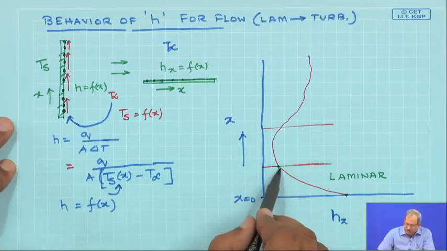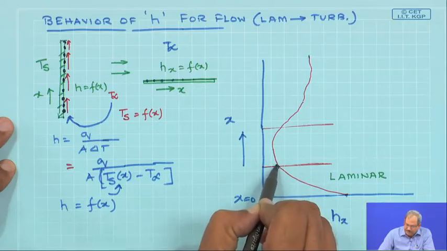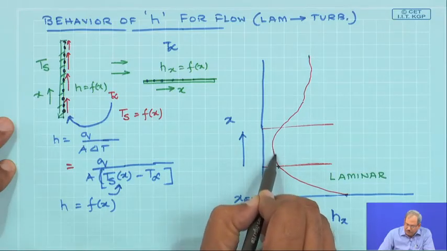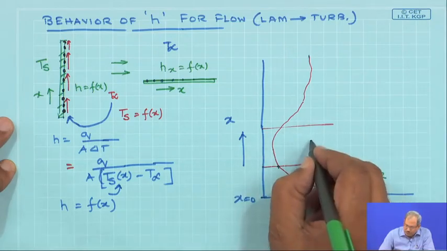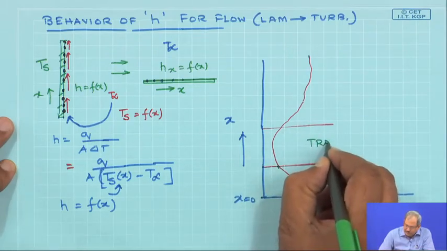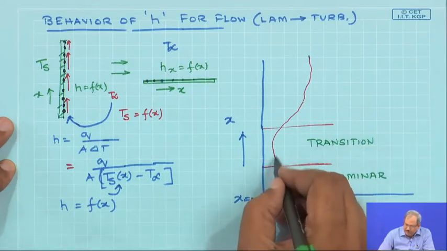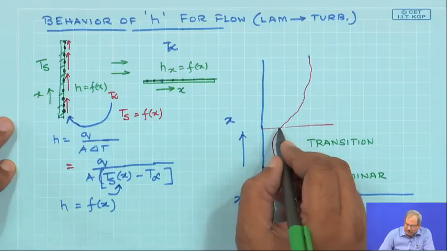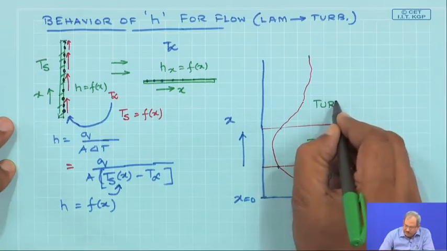From this point onwards, the rate of decrease of h is somewhat arrested and you get a plateau where it is more or less remaining constant. So, where the transition from laminar to turbulent is going to take place,